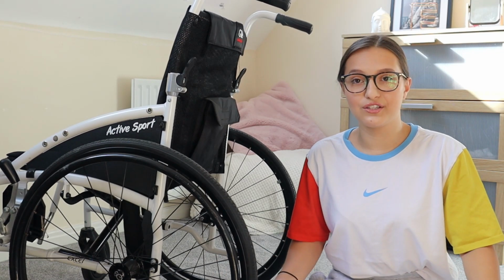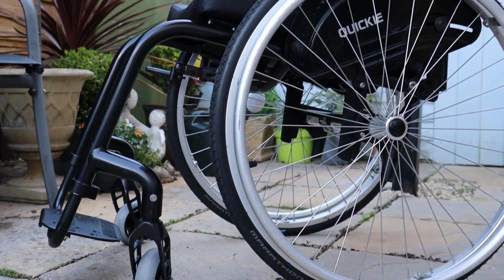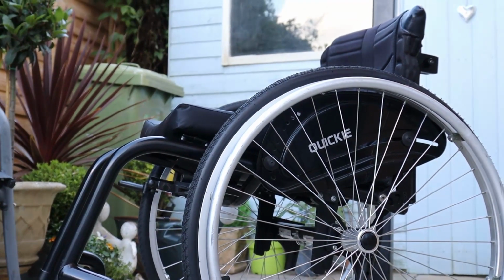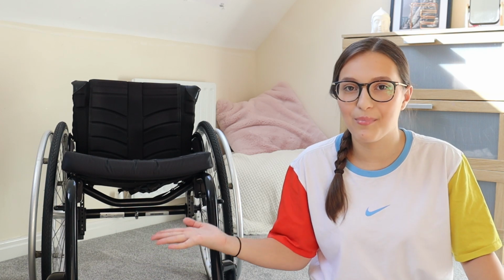And the chair I've upgraded to is this one, which is the Quickie Argon 2. Before I get into the features of my new wheelchair, I just want to talk about how I actually got it. This wheelchair, whilst being new for me, is actually second hand. By buying a second hand wheelchair, I was able to save myself in excess of £1,200, which is an insane amount of money, because the starting price for this wheelchair brand new is